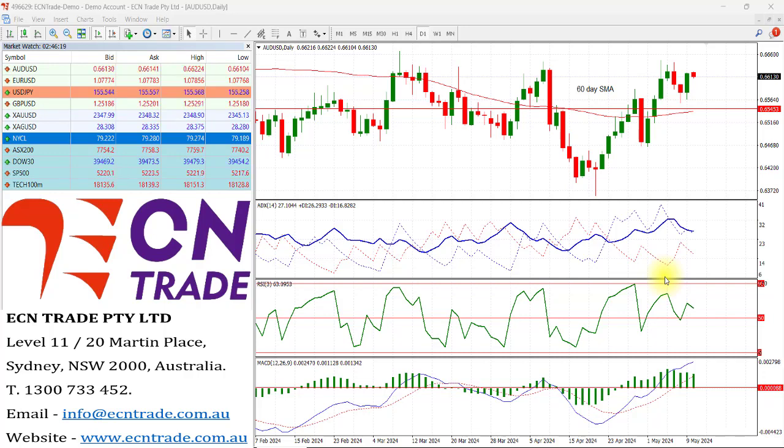Traders are now turning their attention to the upcoming US inflation data, particularly on the US PPI, or the Producer Price Index, and the US Consumer Price Index. From these reports, we may be able to get a little bit more assessment in terms of how the US Federal Reserve is viewing their interest rates and potential cuts.